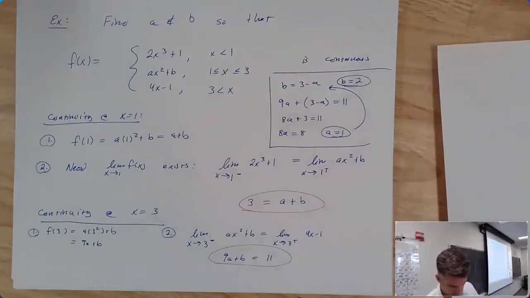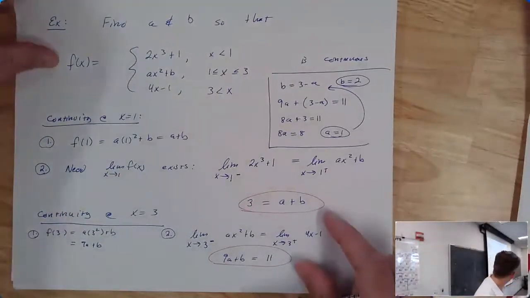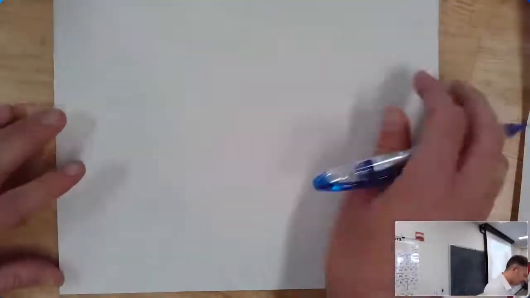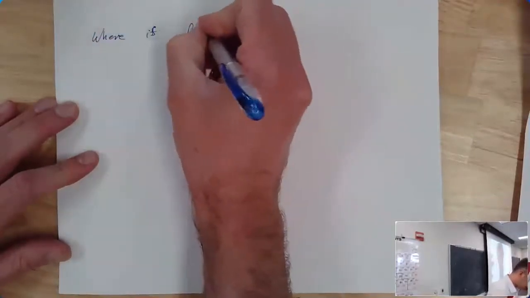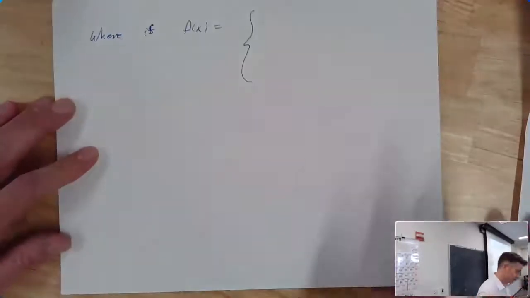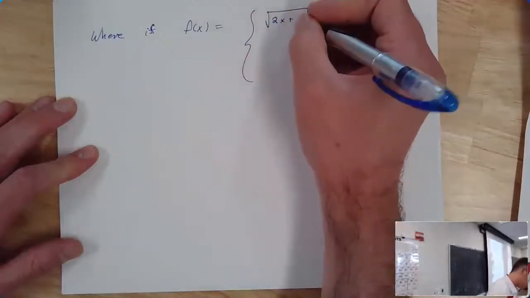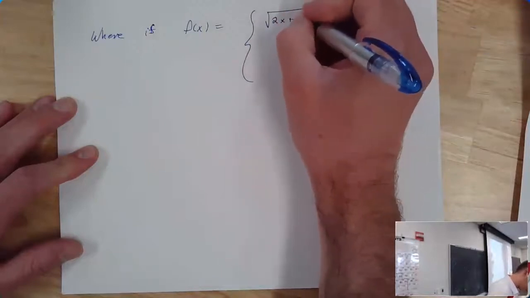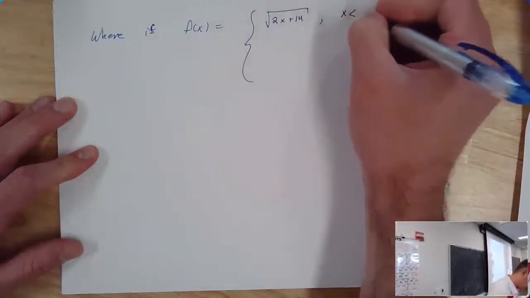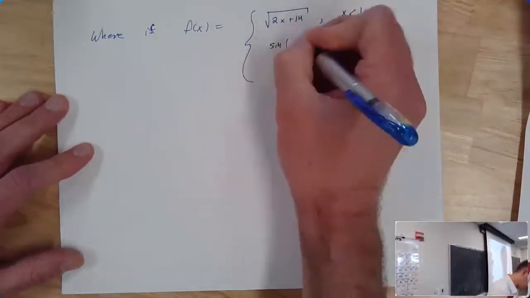One more example. Yeah, let's see here. So let's say the following. Break this one a little bit differently. So where is f of x equal to the following? Let's see here. Square root of 2x plus... Sorry, I'm trying to make up something that's relatively not terrible. Sure, 2x plus 14 when x is less than 1. And then the sine of